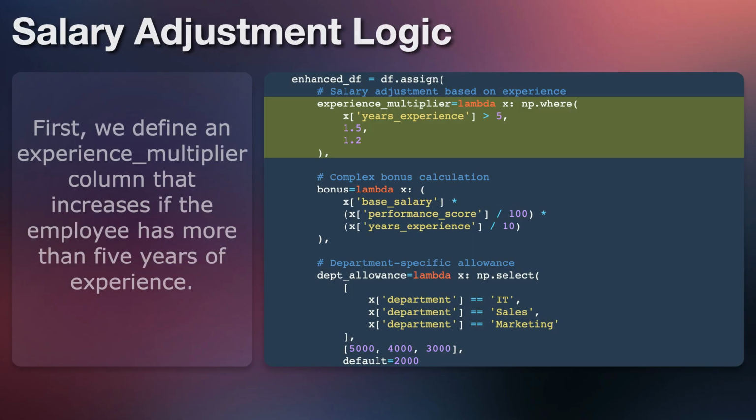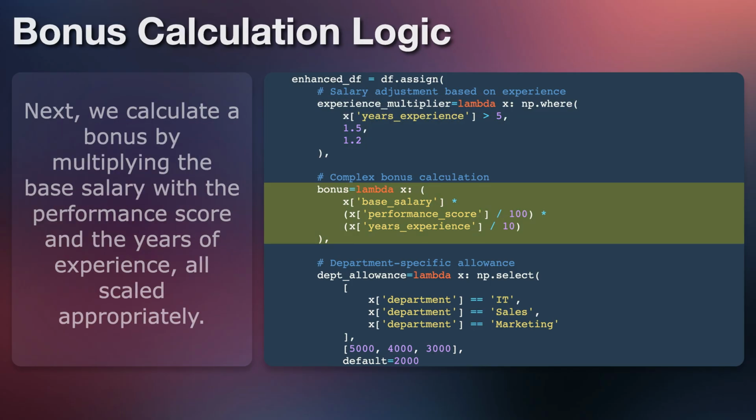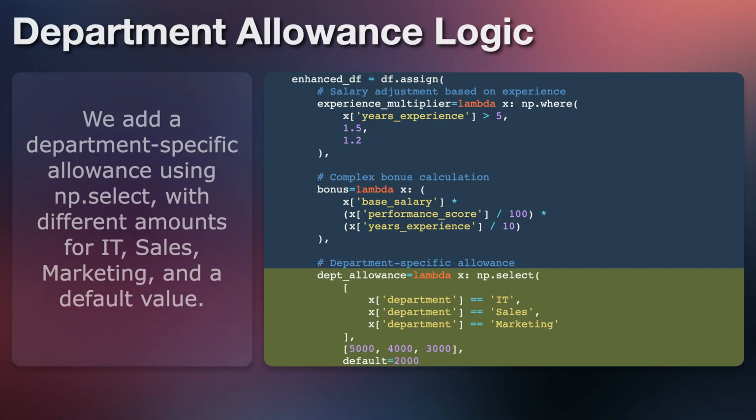First, we define an experience multiplier column that increases if the employee has more than 5 years of experience. Next, we calculate a bonus by multiplying the base salary with the performance score and the years of experience, all scaled appropriately. We add a department-specific allowance using np.select with different amounts for IT, sales, marketing, and a default